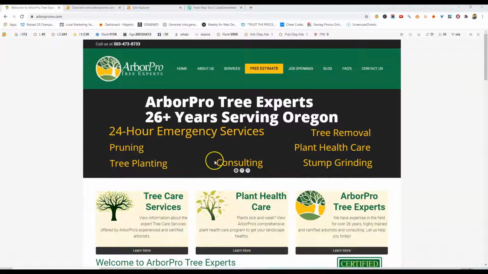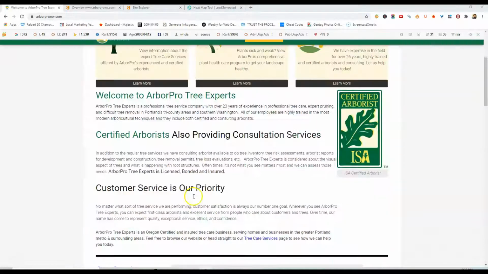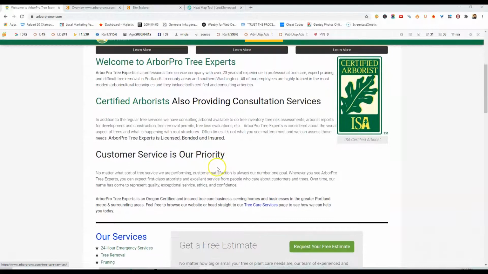All right, check this out. So the site looks nice. It's pretty. It's easy to look at. Got some internal linking stuff going on. I like it. But